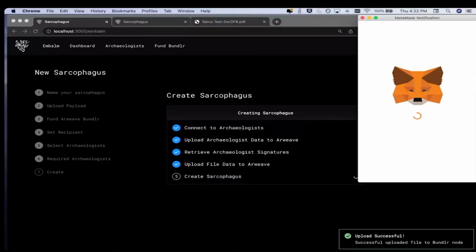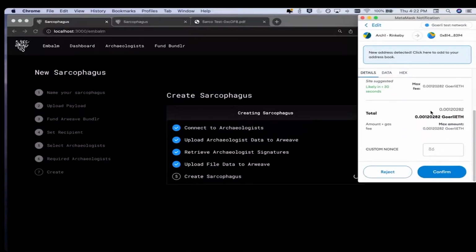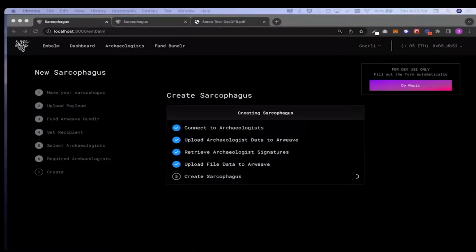Now we need to actually upload the file data to Arweave. So you'll notice there's two Arweave transactions here. The first one's very tiny. It's just a little JSON object. There's not much to it. This file one right now, we're planning on launching with a 200 megabyte limit for it, since that's where the bundler's limit is before you have to start doing some funky stuff in the code. But we could support more than 200 megabytes, probably with minimal effort. So we'll get feedback on whether we want to increase that amount on launch. So let me sign this transaction, and okay, now once that's uploaded,